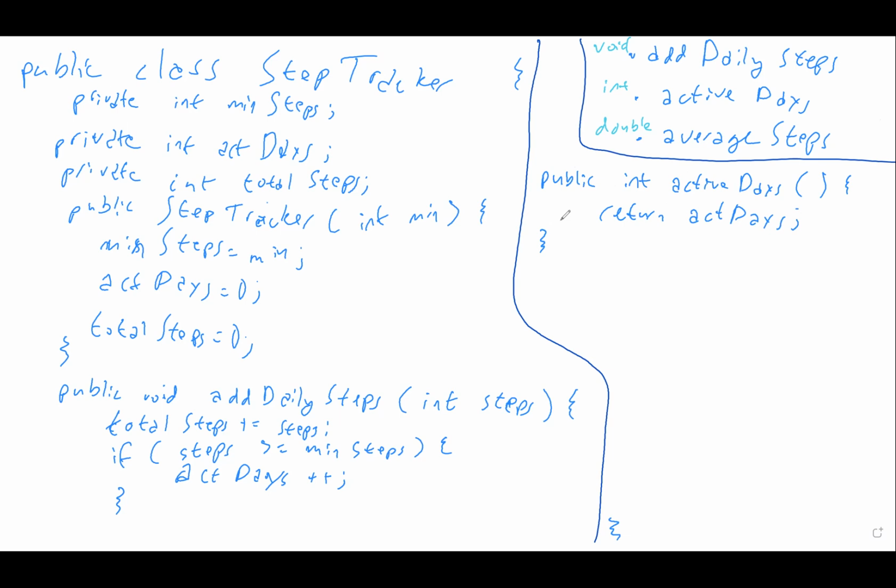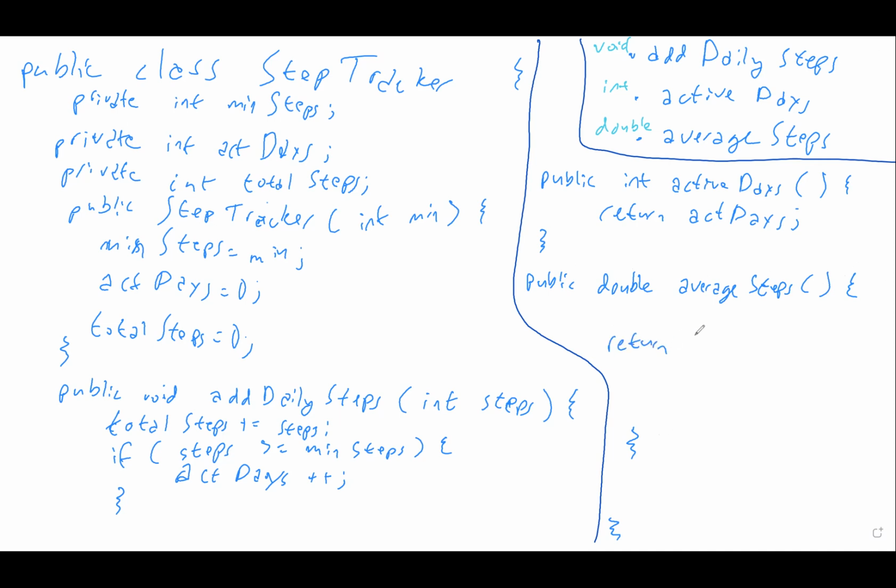And then our last method is our average steps method, where we're going to divide our days by our total steps. So we're going to make a public double average steps. And since this is just going to be dealing with multiple of our instance variables, this one also doesn't need any parameters. So just return total steps divided by